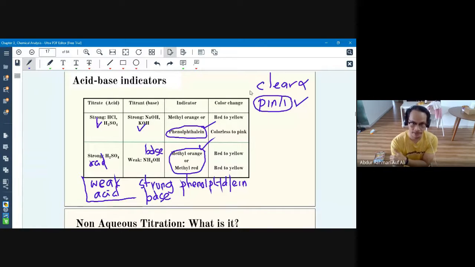Kita add dalam acid. Okay, so kalau kita gunakan both counterparts, both reagents are strong, kita boleh guna either one. Okay, because both are efficient kalau dua-duanya strong. Tetapi kalau one of them is weak, kalau contohnya kalau weak base, kita tak boleh nak guna phenolphthalein because this phenolphthalein is efficient, is best used kalau the base is strong. Tetapi kalau the acid yang strong in this case, that's why they recommend guna methyl orange because methyl orange akan ada reaction with acid but not in base.